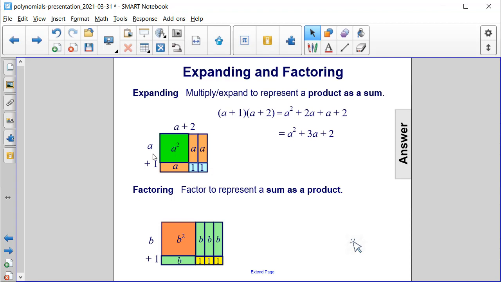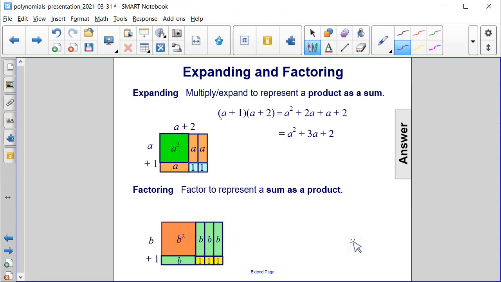If you multiply a times a, you would get a square whose area is a squared. If you multiplied 2 times a, we would have a length of a and a width of 2, or 2 single a area values. And then for 1 times a, we would have a. And then for 1 times positive 2, we would have 2 blocks in a row, or plus 2. Again, we can also represent this